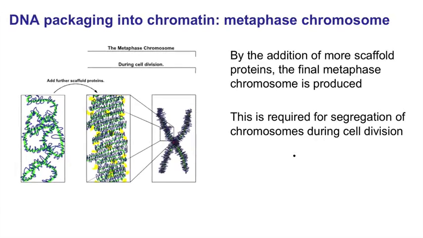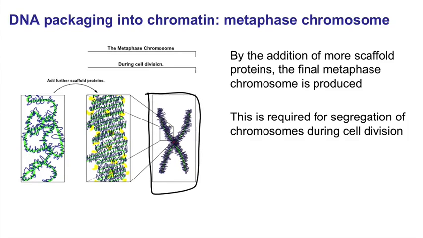There's one final level of packaging on top of this interphase chromosome, and that's to get it to a metaphase chromosome, a chromosome that would be found in a dividing cell. Here in this last panel is how we imagine chromosomes always look, because this is how they tend to be depicted whenever they're drawn in images. However, this is only what they look like when the cell is dividing, and that's because all of the chromosomes need to be heavily condensed down as tight as they can be so that they can be pulled apart into